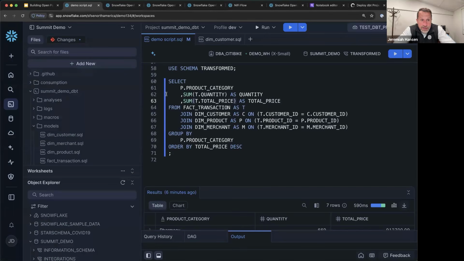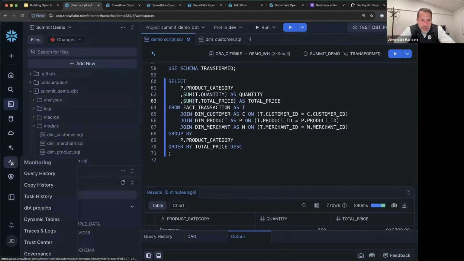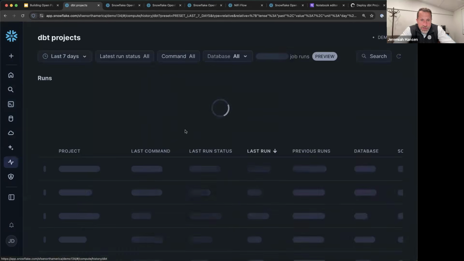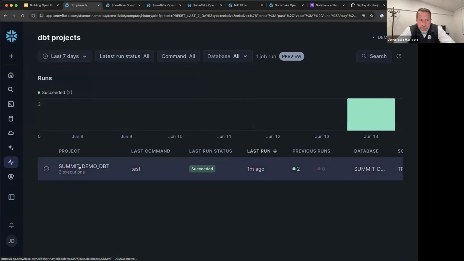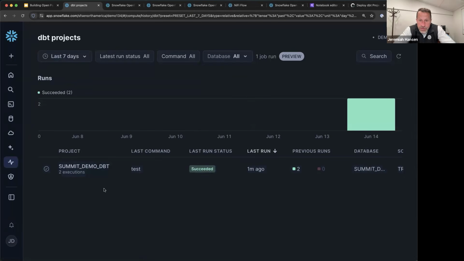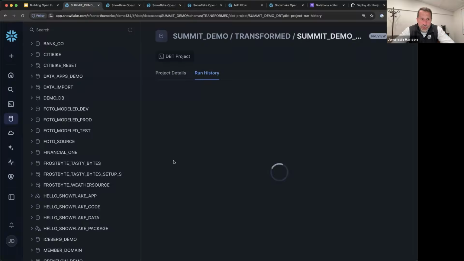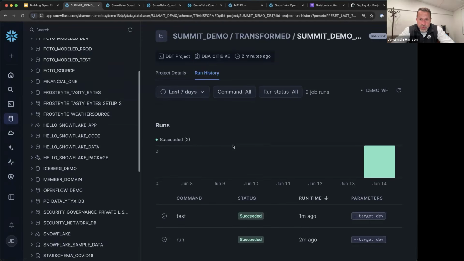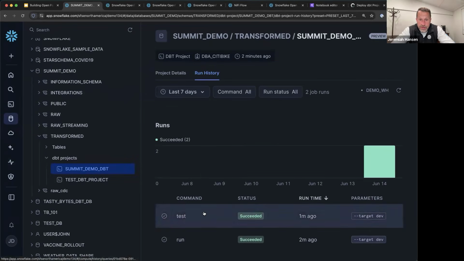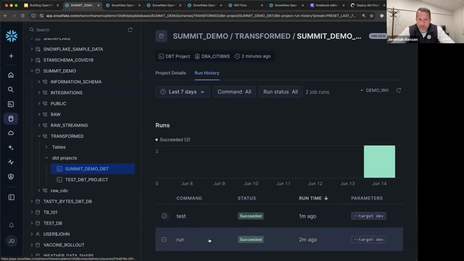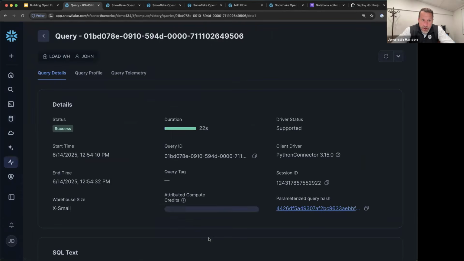And then the last piece I'll show here: now that we've run that deploy dbt project, if I come into the monitoring and look at the dbt projects, you're going to see this Summit Demo dbt project, which I deployed through GitHub Actions and ran. I now have this nice monitoring interface in Snowsight where I can see the projects, drill into it, see the deployed project, and see that I did a test and a run. And then this part's really cool. On the run side,